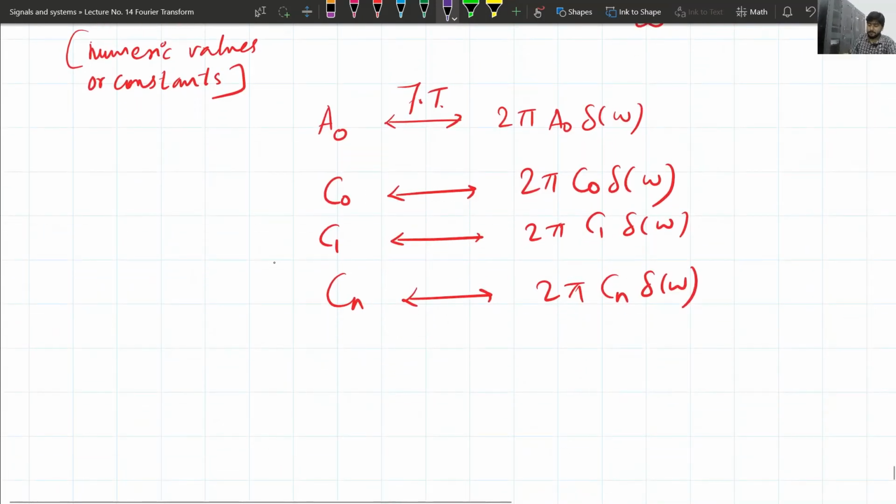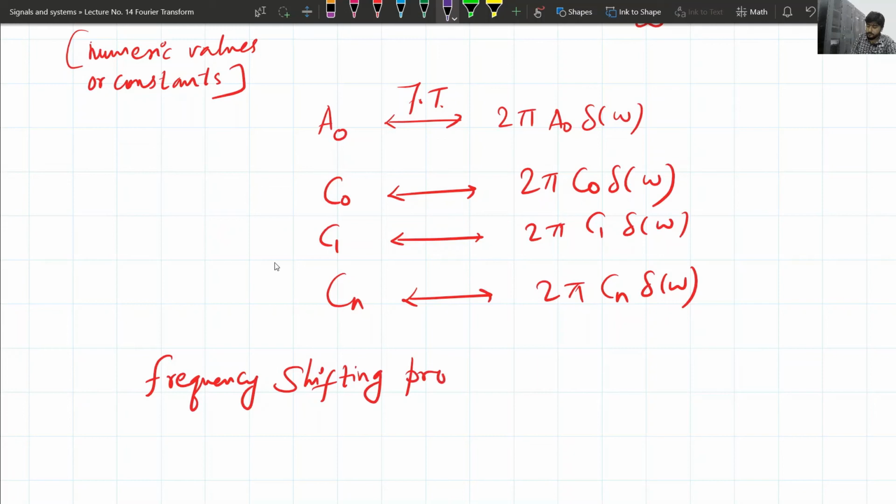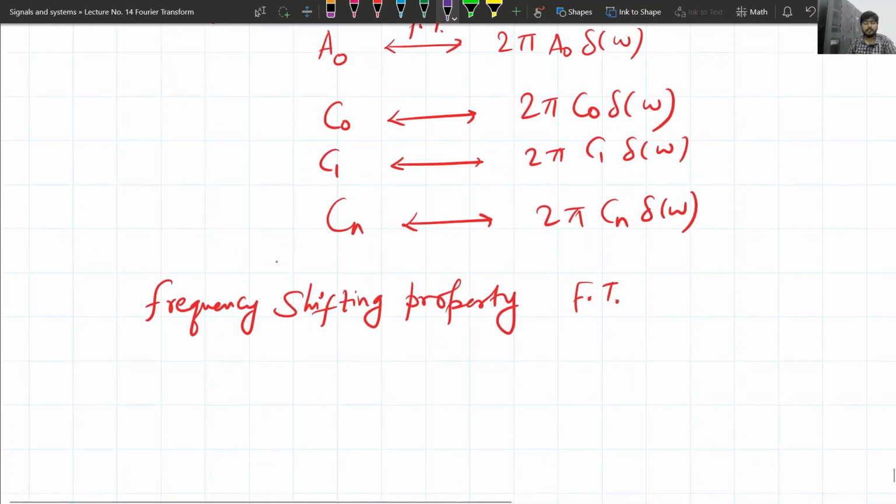What we see is that we apply the frequency shifting property of the Fourier transform, which we will discuss in the next lectures on the properties of the Fourier transform. There is one such property called the frequency shifting property. What does this property state? Suppose the same,